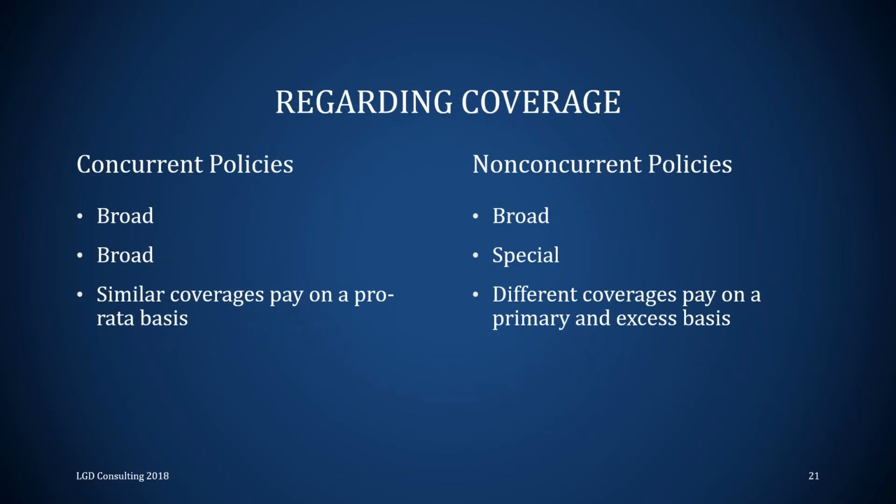All right, now that's dealing with perils. Now we have policies, concurrent policies. Concurrent policies is you have two policies on the same property with exactly the same perils. All right. Maybe about two policies on a property and the perils are exactly the same. That's called concurrent policies or concurrent coverage.